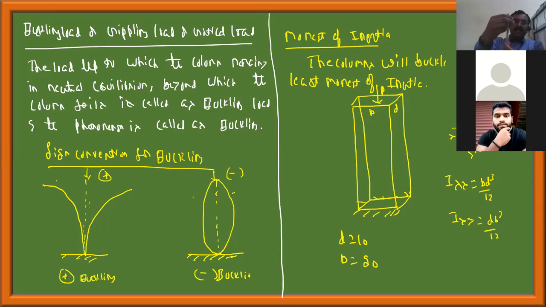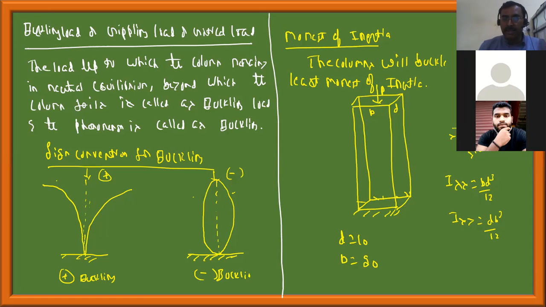Can we buckle in this direction? I cannot bend my scale. I can bend my scale only along this direction. I cannot bend the scale in this direction. Like this, I cannot buckle in this direction. So it means that buckling happens along the least moment of inertia. If I take this as y and this as x, buckling is happening along the y-axis. That you should know. In any long slender member, the buckling will happen along the least moment of inertia.